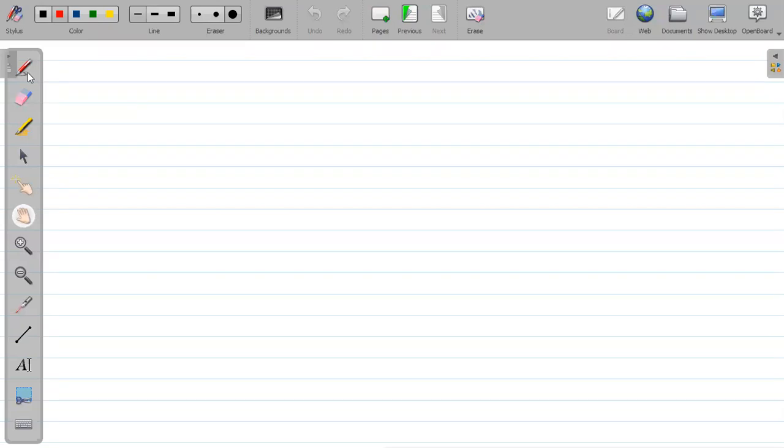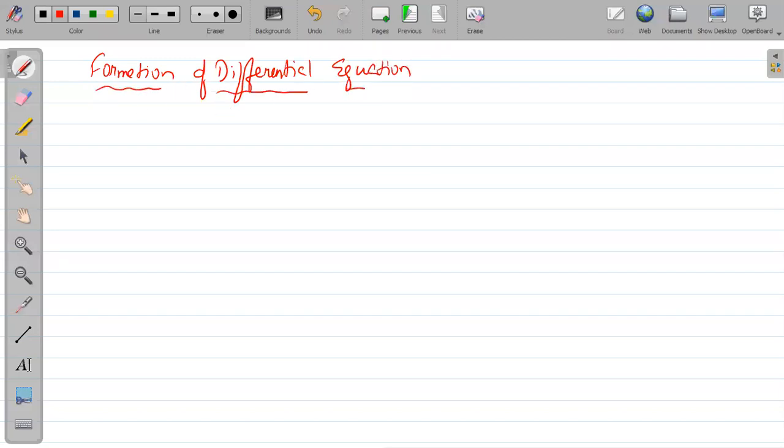Next, formation of differential equation. Like differential equation क्या होता है? जहां पे derivative present रहता है. It means we have to make derivatives. If derivatives are not present, that cannot be considered a differential equation. So definitely we have to make derivatives. And how to make derivatives? By using differentiation only. ठीक है ना?